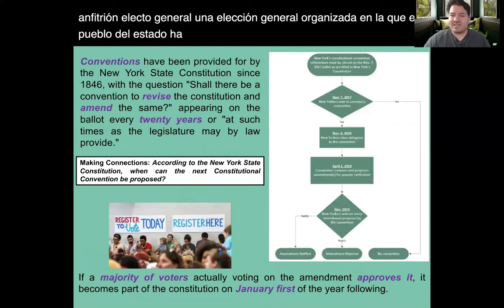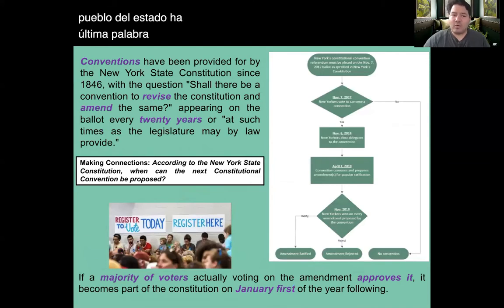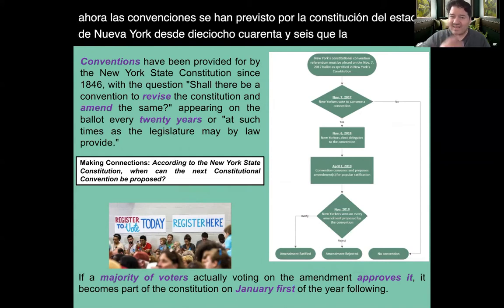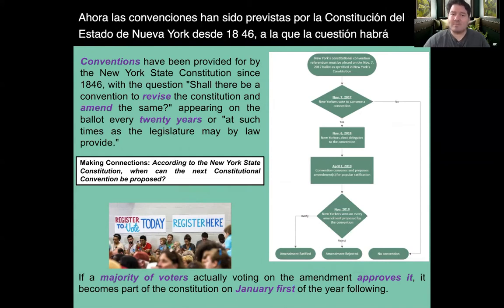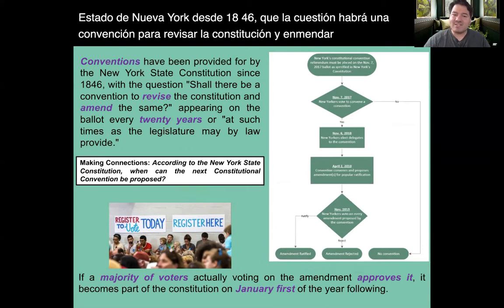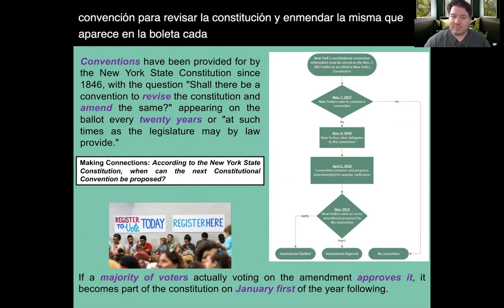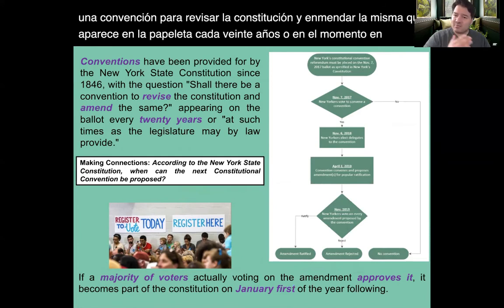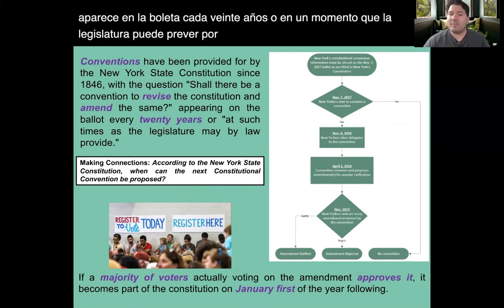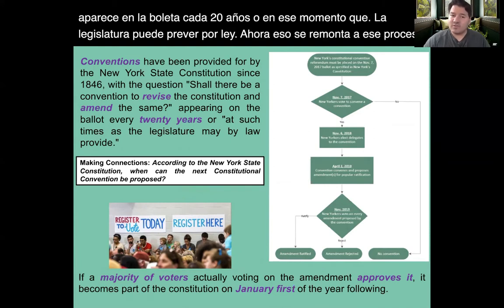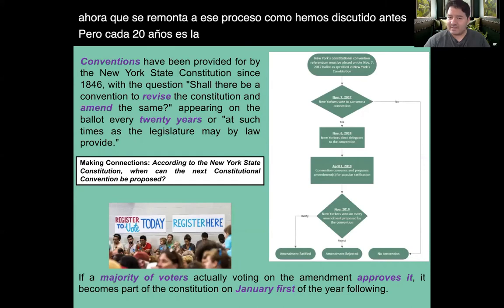Now, conventions have been provided for by the New York State Constitution since 1846, with the question, "Shall there be a convention to revise the Constitution and amend the same?" appearing on the ballot every 20 years, or at such a time that the legislature may provide by law. Now that goes back to that process as we discussed before. But every 20 years, there's the guarantee of a vote, which we just experienced,